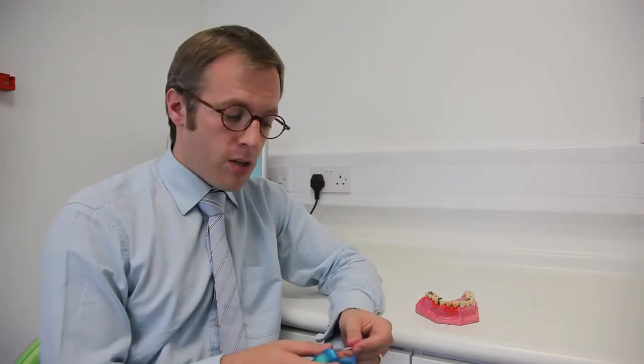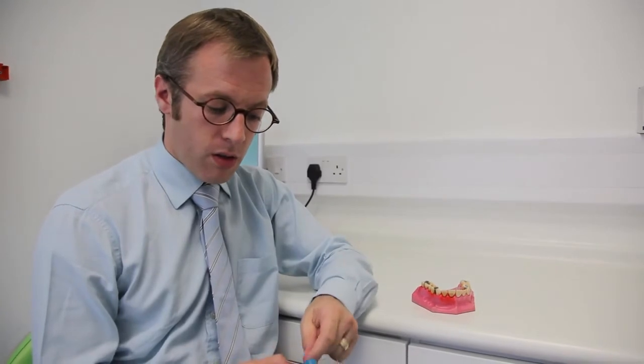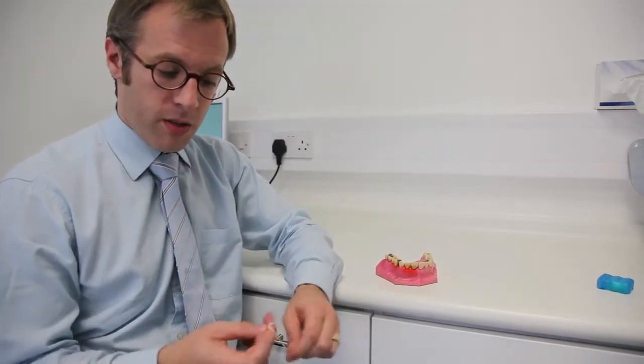As part of an oral hygiene regime, it's imperative that all my patients floss. Basically this cleans in between your teeth to the areas that the toothbrush can't reach. So I always advise my patients to take about 1 metre or so of dental floss, roll the majority onto the middle finger of one hand,